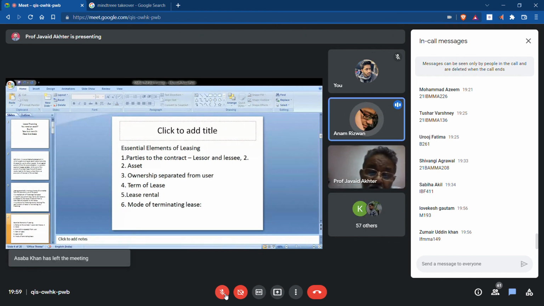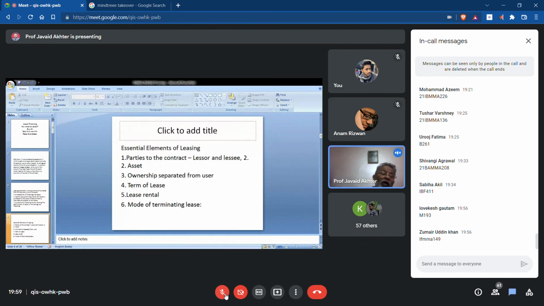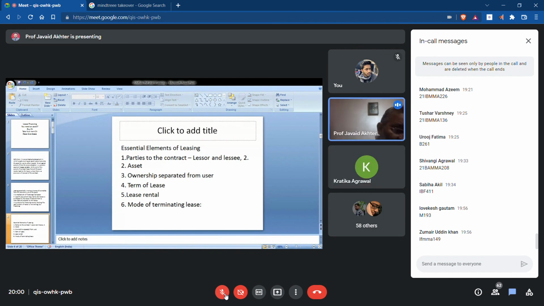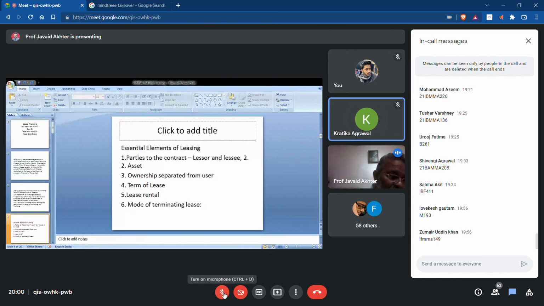Sir, can you please repeat it once? A is owner of an asset. He is giving it to B on lease. So A is entitled to claim depreciation. So it will affect his taxation. What will happen to B? Is he also entitled to claim depreciation or not? No, sir. B cannot claim depreciation. Why can B not claim depreciation? Because B is not the owner of the asset. Yes, it has implications on saving of taxes. For this reason,